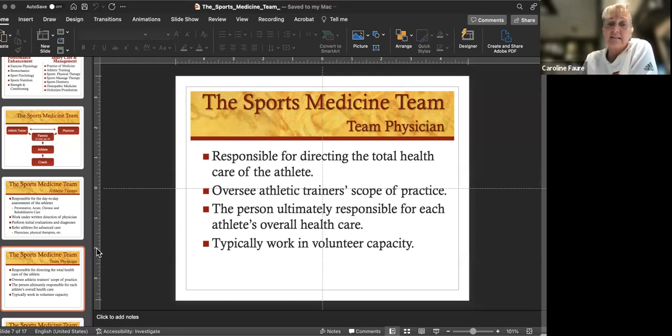They typically work, as I said, in a volunteer capacity. Those are things that you want to make sure to work out with those physicians, and also with your school district, to make sure that the medical malpractice insurance is covered. Typically, if it's a contractual agreement between you and a physician that they're going to be there and cover your team,